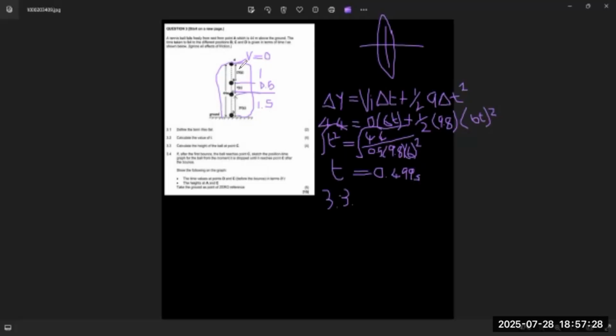So now what we can do, we can get the distance from A to C. If we get the distance from A to C, for us to get this one, we will then subtract this one, AC, from AD. So we can say the change in Y would be equal to Vi, we would use the same formula, change in t,